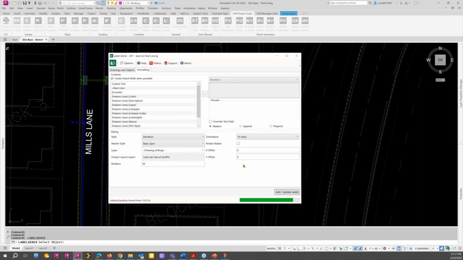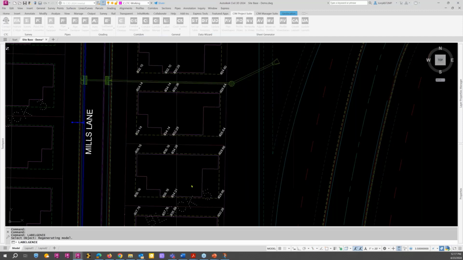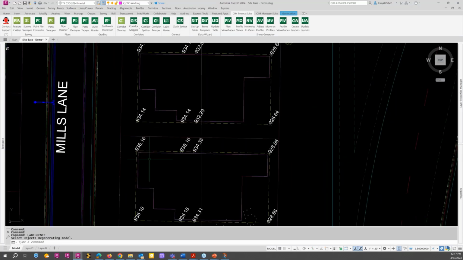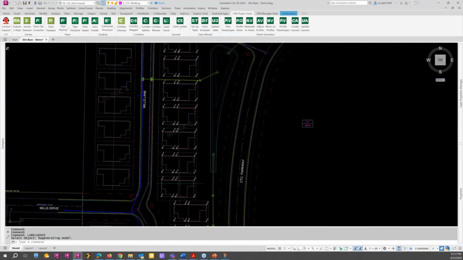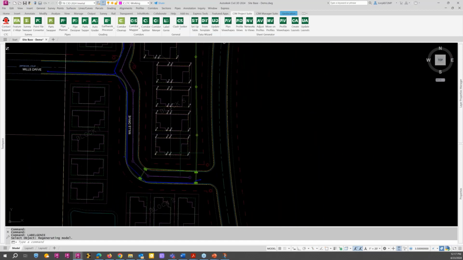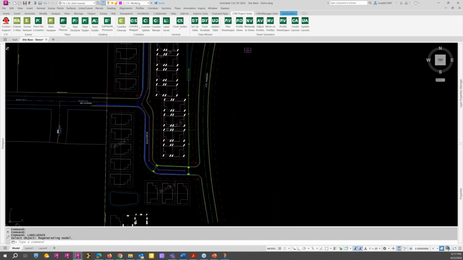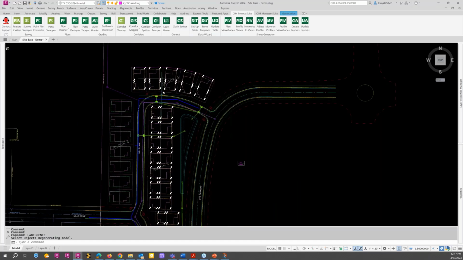So it's going to pull the spots right from the feature lines and put them on the feature lines for our grading. So we know what these elevations should be at every one of these breakpoints. And it took care of all of the lots with the full basement walkouts. So I did that just to show you